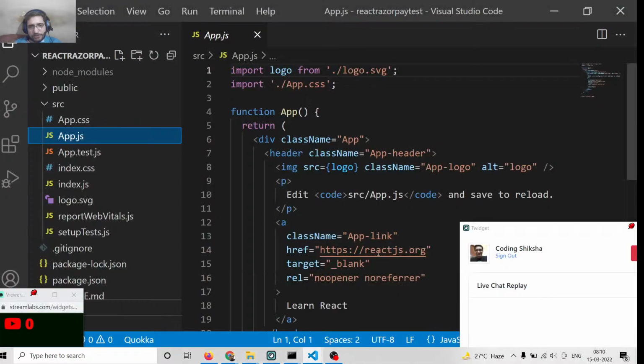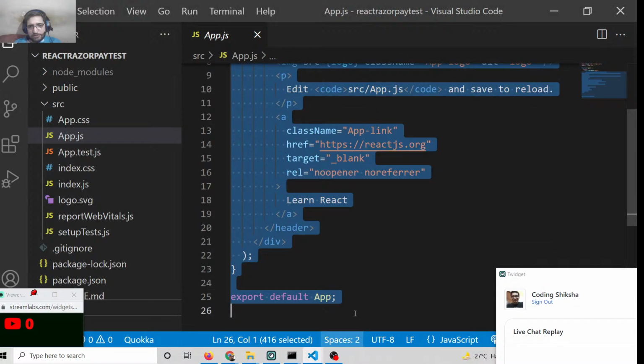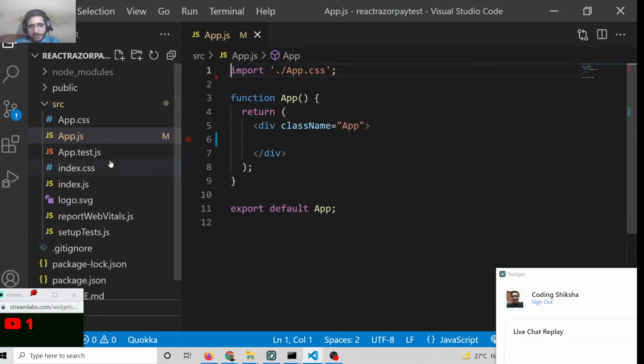Right here, what we need to do is delete all this stuff from this file. And after this, we don't need the logo. We will delete this. And here we need to, first of all,